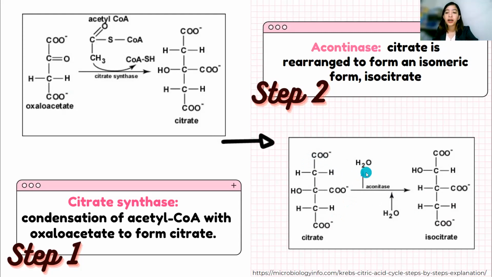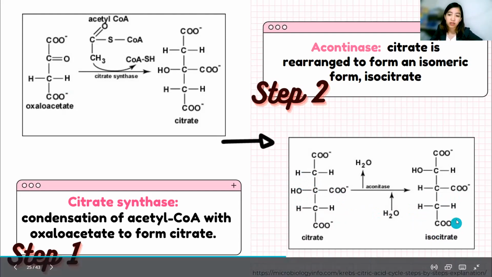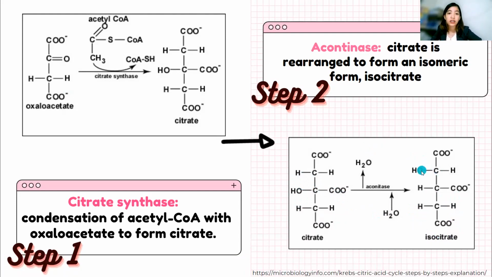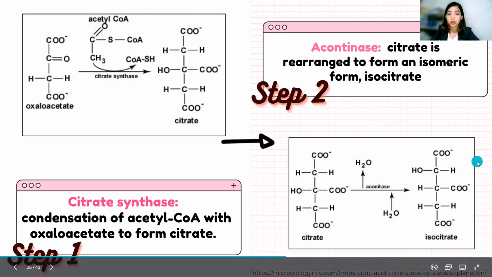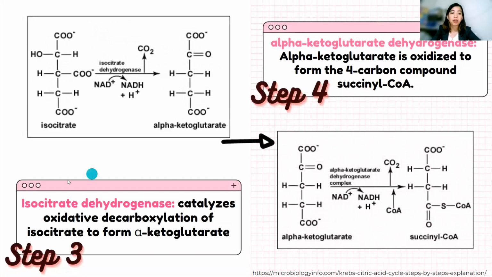isocitrate. Dito naman yung water molecule ay nare-remove from the citric acid and pinuput back siya into another location. So the overall effect of this conversion, kung saan yung OH group natin ay namumove from the third carbon into the fourth position carbon on the molecule. And this transformation, nag-yield siya into molecule known as the isocitrate. So for the third step, meron naman tayong isocitrate dehydrogenase that catalyzes the oxidative decarboxylation of isocitrate to form